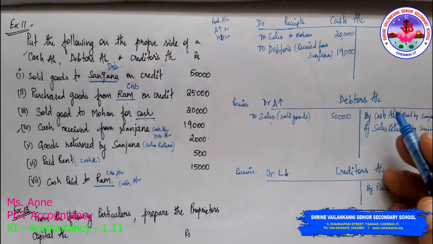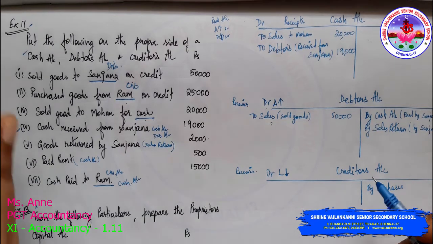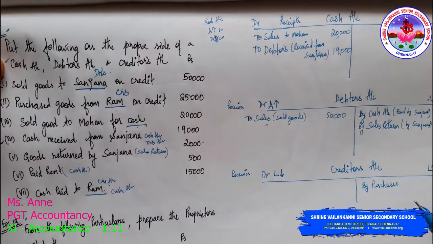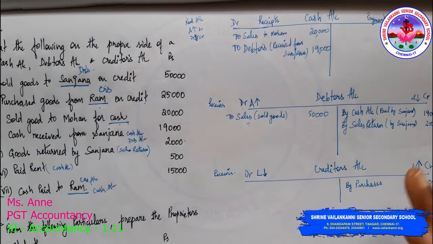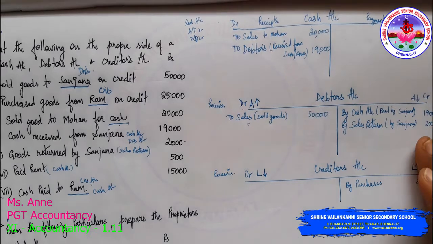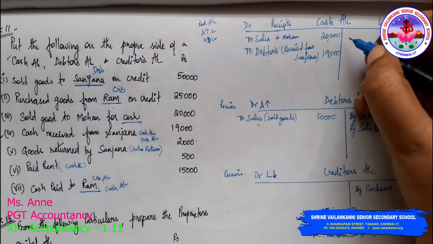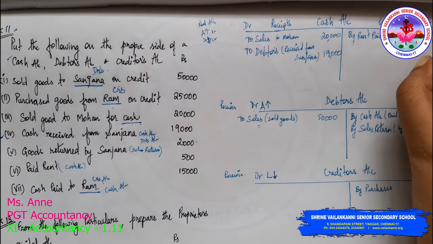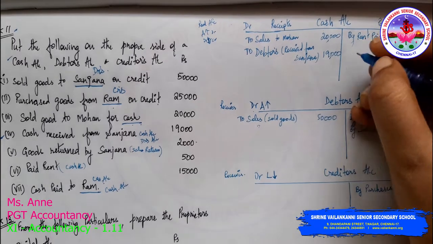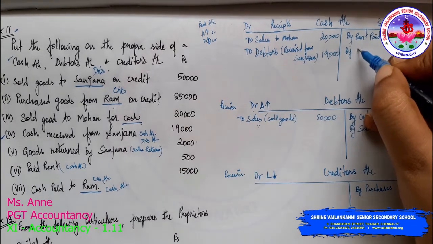Sales debtors is decreasing, the asset is decreasing, because she need not pay for this 2,000 rupees because she has returned the goods. You will not pay for those goods which you have returned, right? So that's why. Or Sanjana is the giver. Either of the assumptions will work. And then rent paid. Now you have rent paid 500. This is payments. So you will write by rent paid 500 by cash.